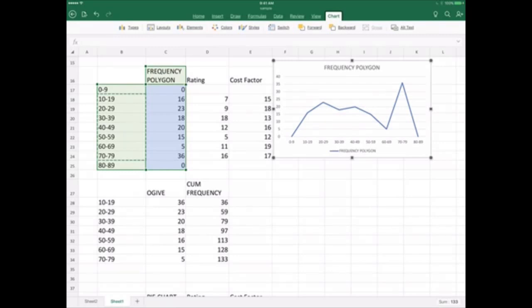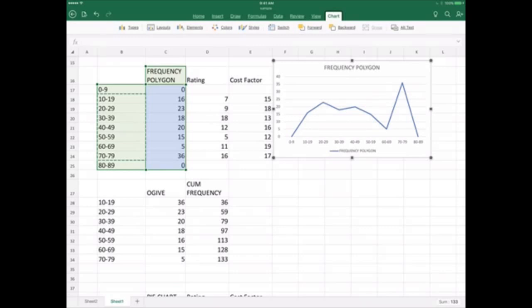So we've taken some demand here, and it doesn't matter, this is different demand than what we've used above. And what we need to do now is create cumulative frequencies. And you'll notice that in what is shown there, under ogive, the frequencies are 36, 23, 20, 18, 16,